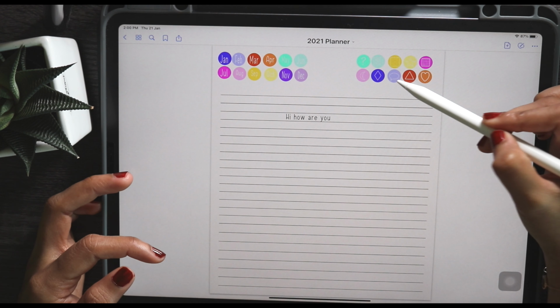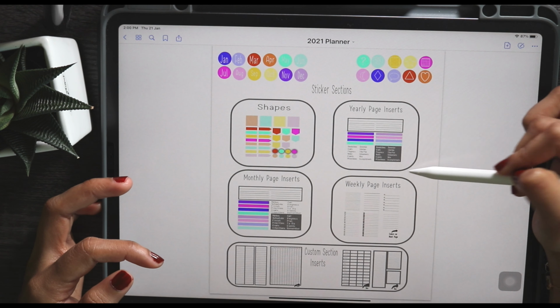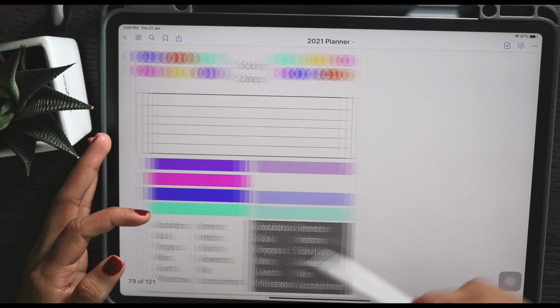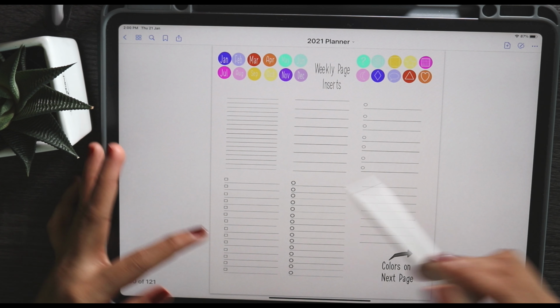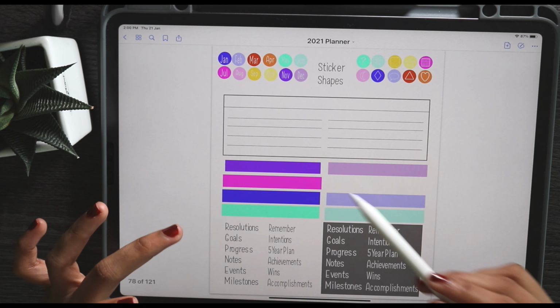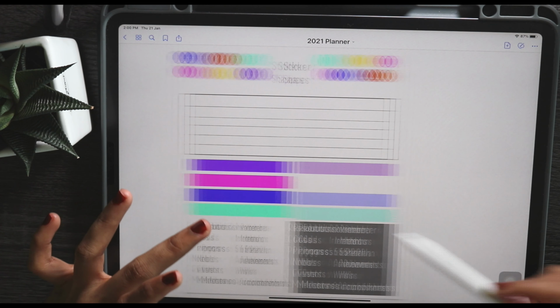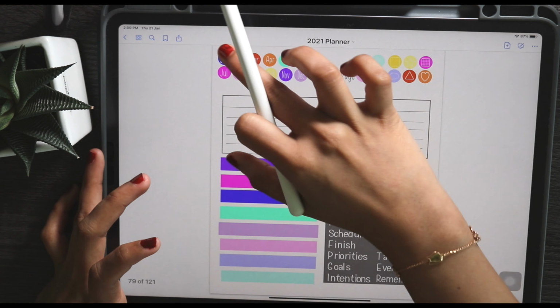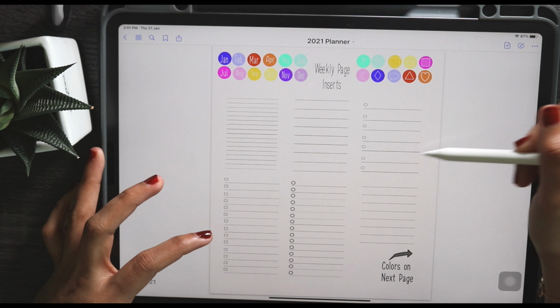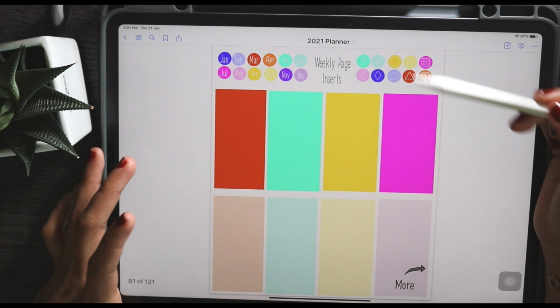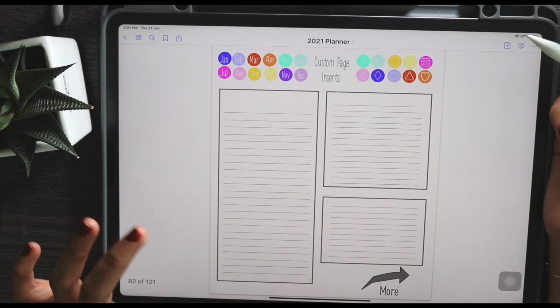You will notice that there are a lot of customizable sections to play around with: monthly inserts, weekly inserts, with a lot of different lists and types of checkboxes, colored boxes to put behind your weekly inserts, little undated calendars that you could put on your weekly page.